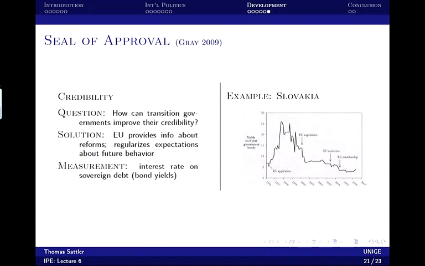Now they apply to access the European Union. And in 2000, the EU announces that they take up negotiations with Slovakia. Just by this announcement, we see that the interest rate massively drops. So the credibility of that country massively increases. Just the fact that the EU says, yes, we will have negotiations, though they haven't concluded anything yet, tells investors a lot: that the EU is confident that Slovakia is on the right track. The reforms happened already before that, the reforms that Slovakia implemented.